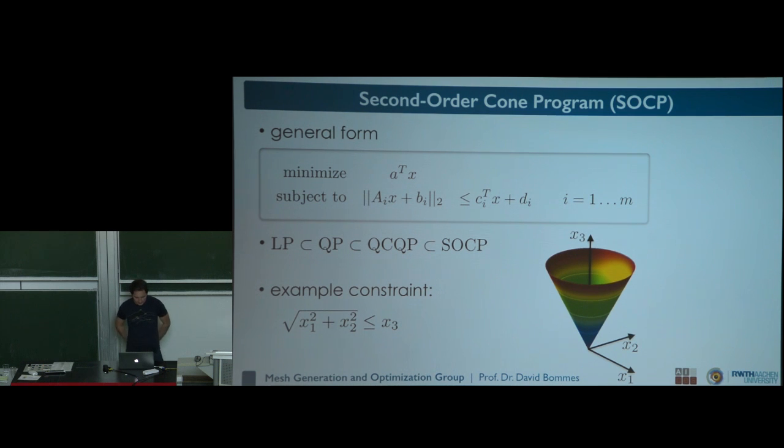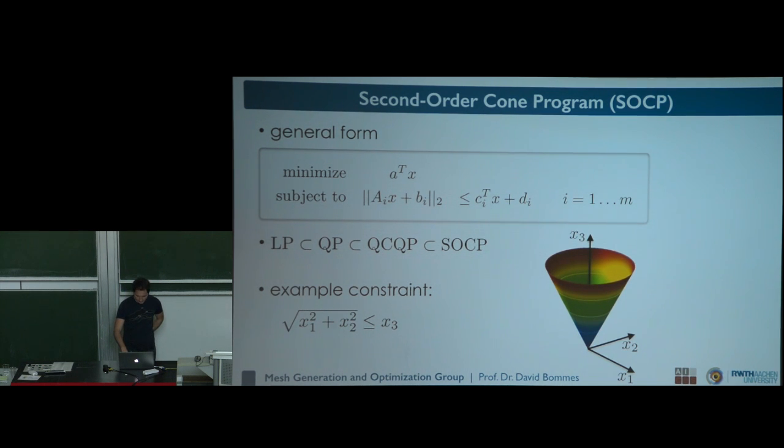And why does this happen? If you take the square root of x1 squared plus x2 squared, this describes a disk. If you say this is less or equal than r, then you have a disk with radius r. Now, since x3 is an additional dimension, you just stack these disks with growing radius on top of each other, giving you such a cone. Just from the picture, you can see that this region is definitely convex,